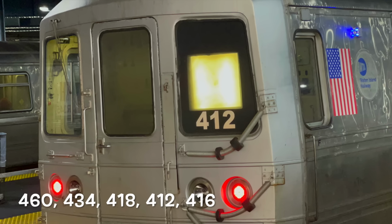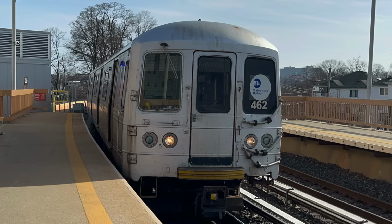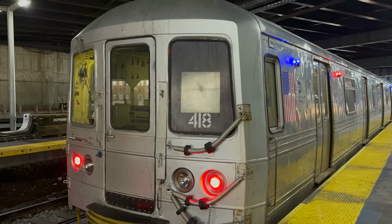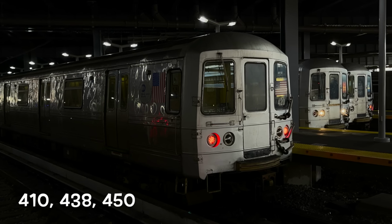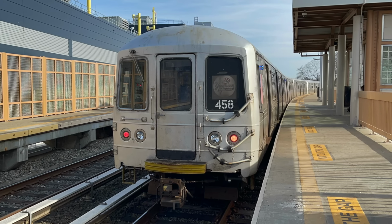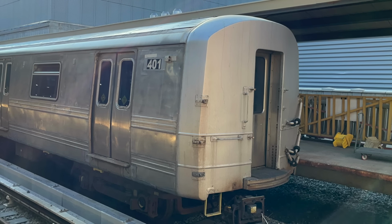460, 434, 418, and 412 also received MTA logos over where their roll signs used to be, although many of these did not have roll signs anymore. 410, 438, and 450 have received American flag decals over their roll signs. Only 4 R44s are required for service at any given time on a weekday, while they are no longer necessary